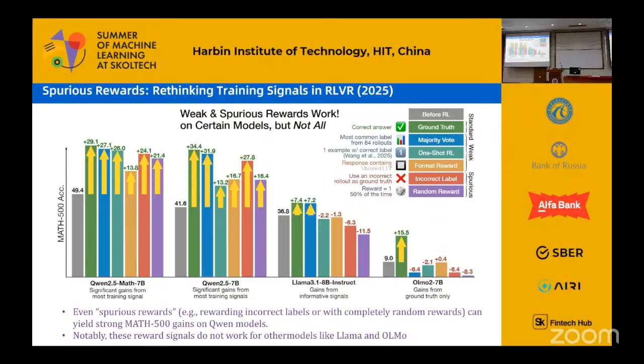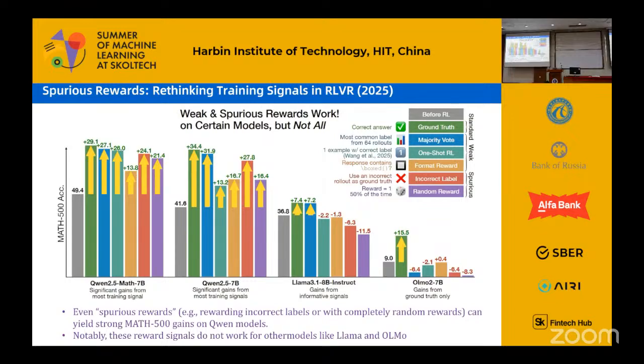So it means that the quality of the initial data which these models were trained on was pretty bad, so that even training with random reward significantly improves the scores. Yes. Not exactly. If you set the right baseline, the score should be more than 80. In this case, if you give an incorrect label or random label, the performance will actually be worse than the baseline model.